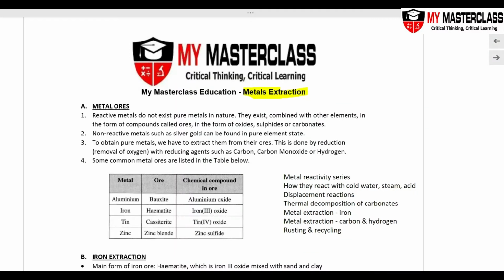Hi students, this is a subchapter from your topic metals and we will be looking at metals extraction. To recall what we have learned for metals, we have looked at the metal reactivity series, how to